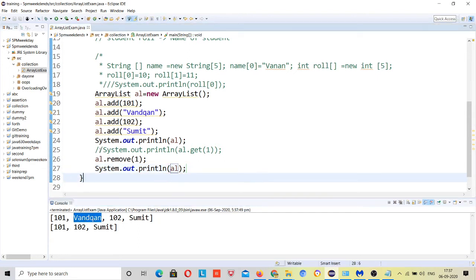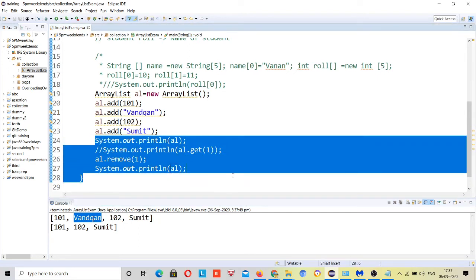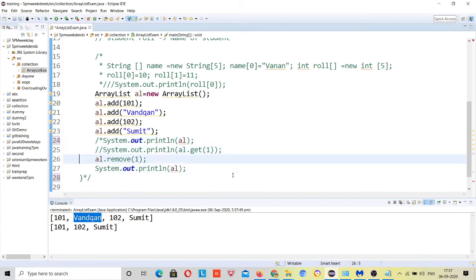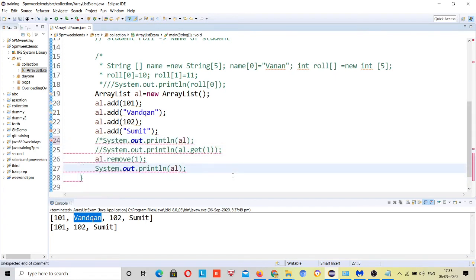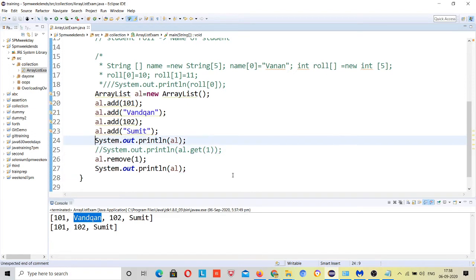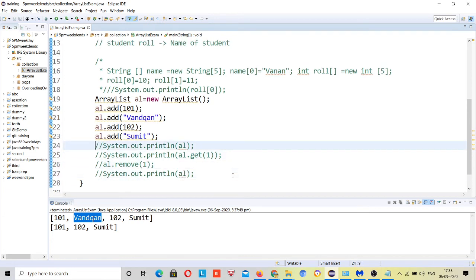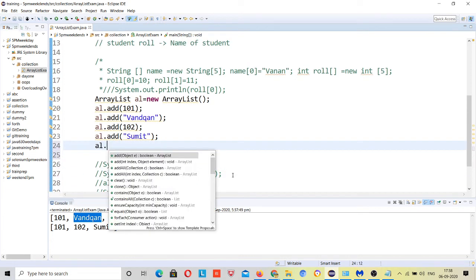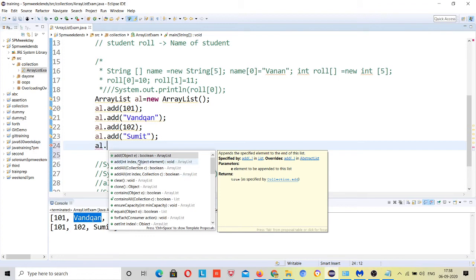Now one thing we need to note down. When I was adding data with al dot add, whatever I'm adding is an object, right?